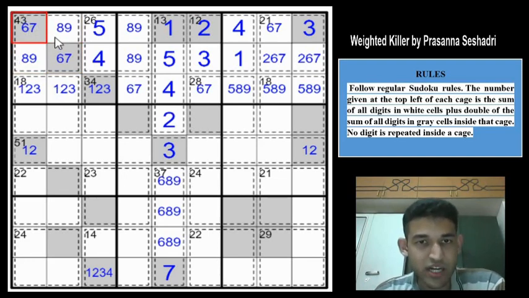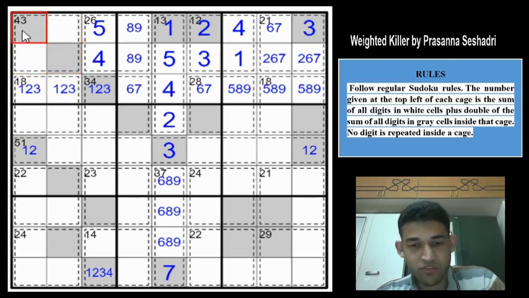So to see a contradiction, maybe you can substitute any of these cells, maybe without the 6 you can try to satisfy and put 7 and 8 and 6 and 9 here. You will see that you will get value more than 43 because we are doubling the value in these cells and the total will become more than 43. So we have to put the minimum possible values in those cells.